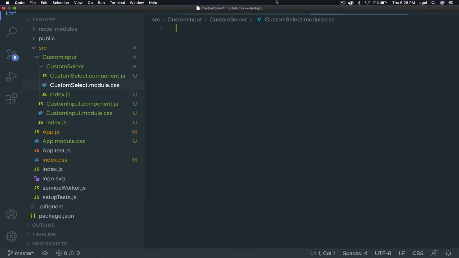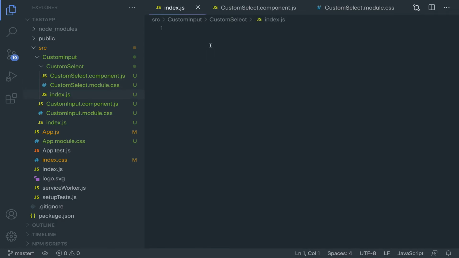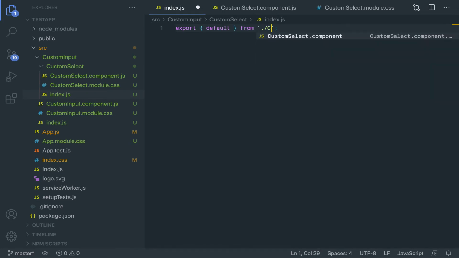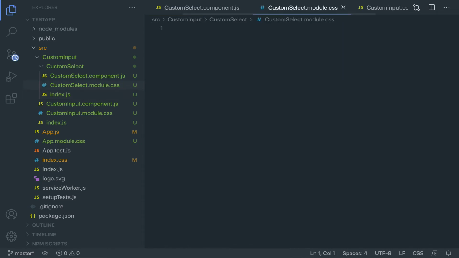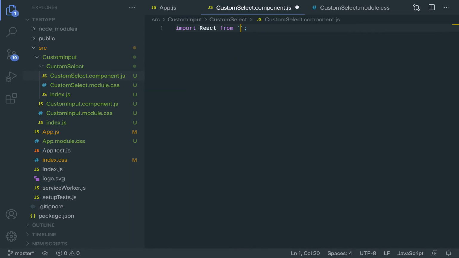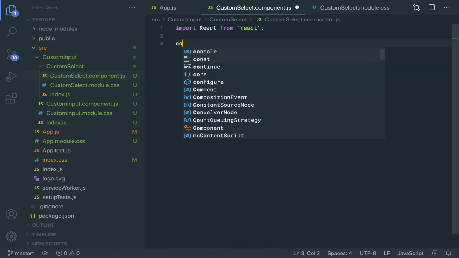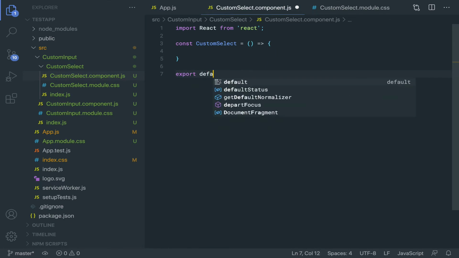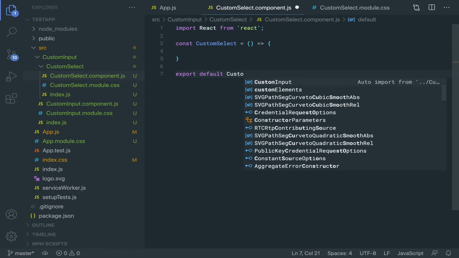select.module.css. In our custom select index.js, I'm going to export default from custom select component. That is done. Back to the custom select component. The first thing I'm going to do is import React from React and create a constant called custom select equals to. Quickly, let me export default custom